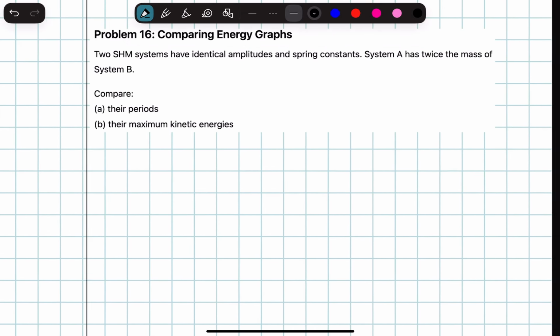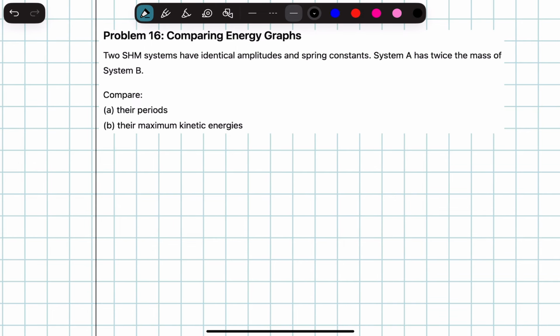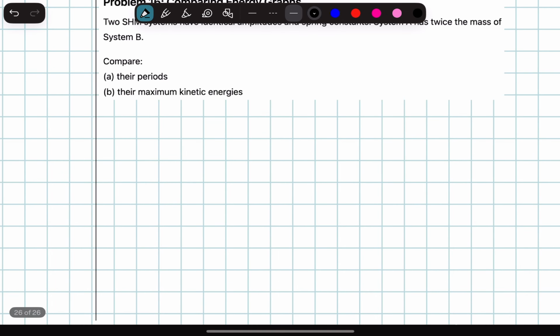Two systems have identical amplitudes and spring constants. System A has twice the mass of system B. Compare their periods and their max kinetic energies. So T is equal to